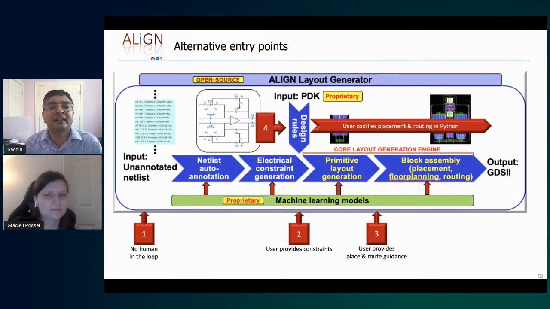In practice, the way that we handle thermal constraints right now is not through any kind of thermal simulation, but in terms of some kinds of layout rules. So at this point, ALIGN is not sophisticated enough to handle general thermal constraints. I see. It requires human input. Okay, yeah, you need some human input.